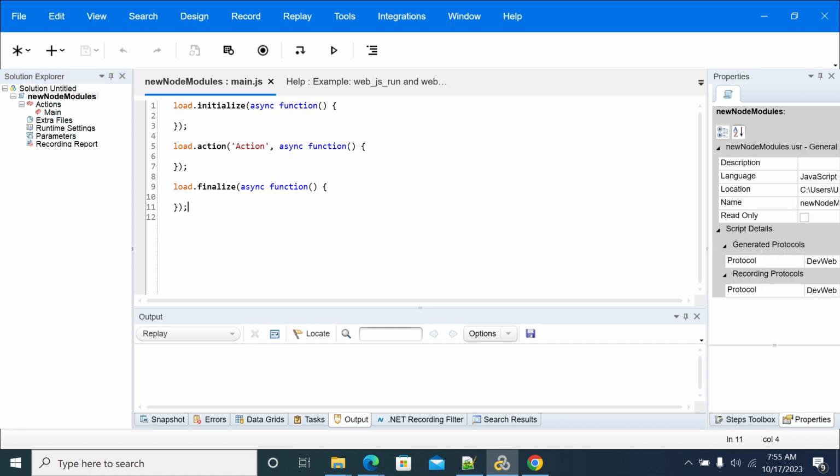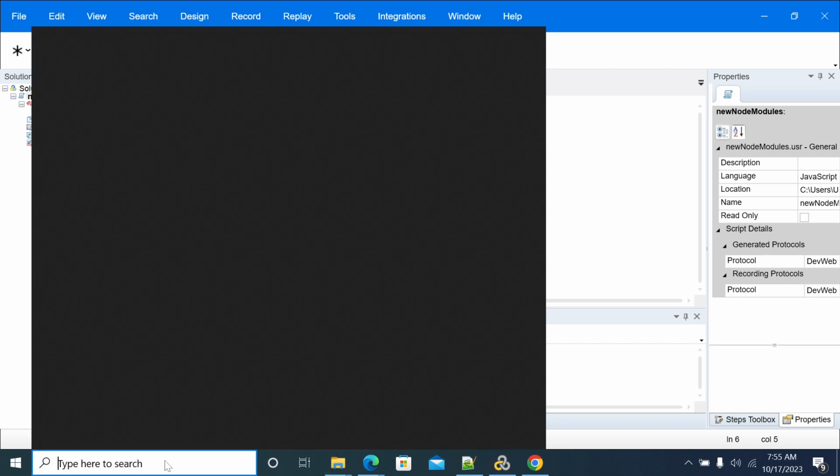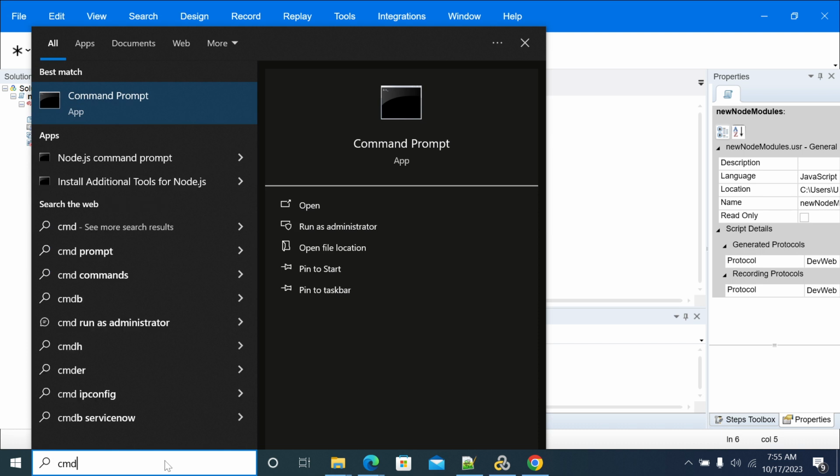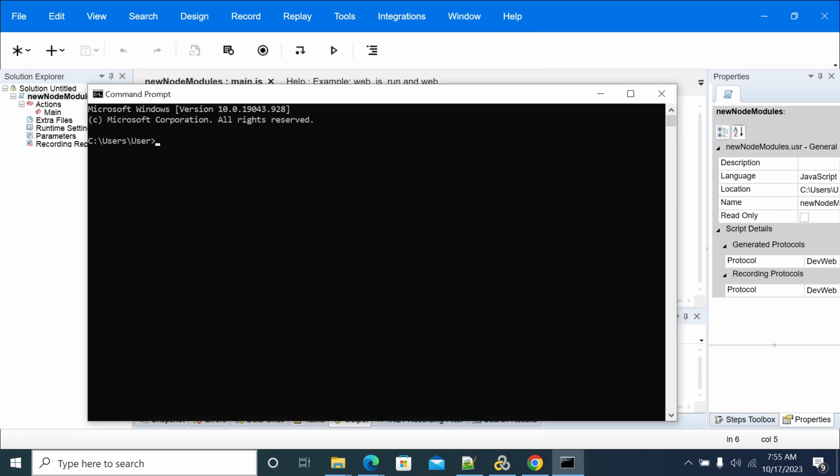For this, we need Node installed on your machine, or any other machine where you can download the node packages. So let's open a command prompt and check npm version. If you get npm is not recognized, or node is not installed,